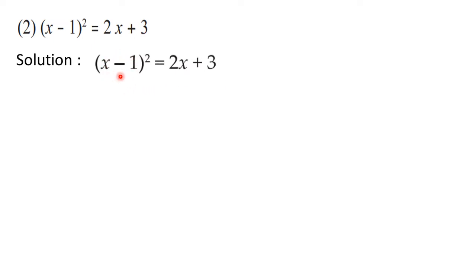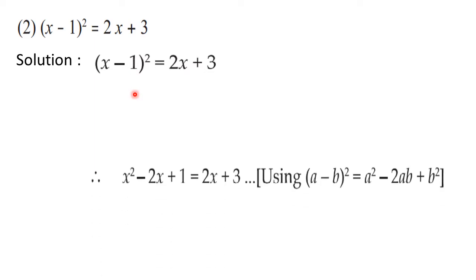Now what you can observe here is that we have a perfect square, the bracket x minus 1 squared. So we have to expand this. All of you know the formulas, a plus b the whole square and a minus b the whole square. Here we are going to use the formula a minus b the whole square, that is a square minus 2ab plus b square. So the square of x is x square, all of you write down. Then minus sign, 2 into x into 1, that is 2x. So x square minus 2x plus 1. It will be expanded like this.